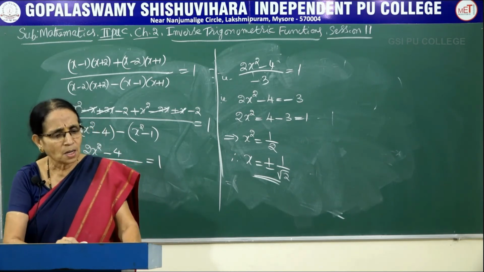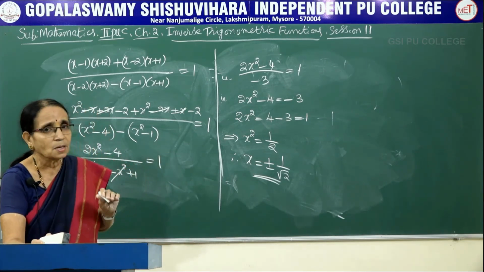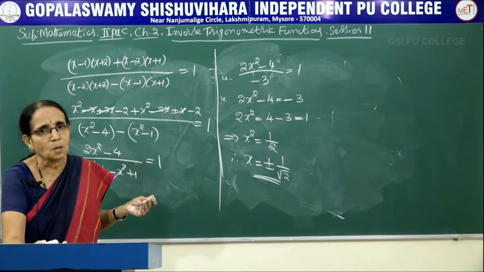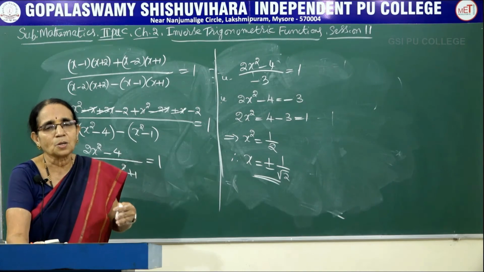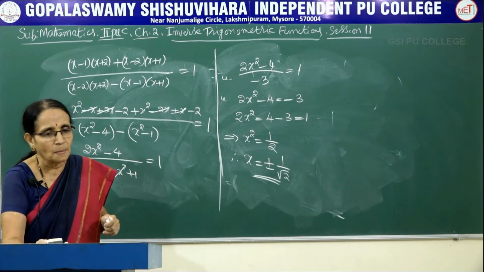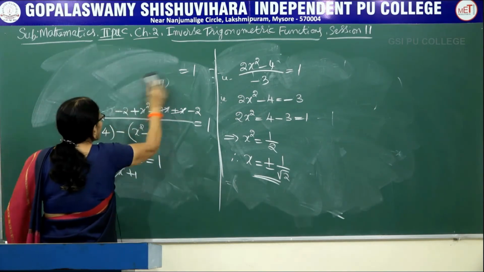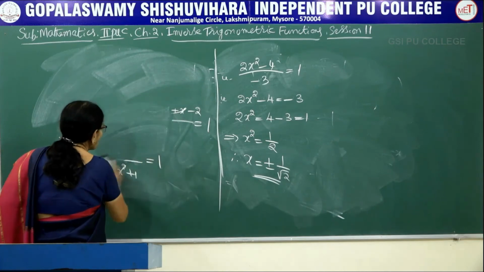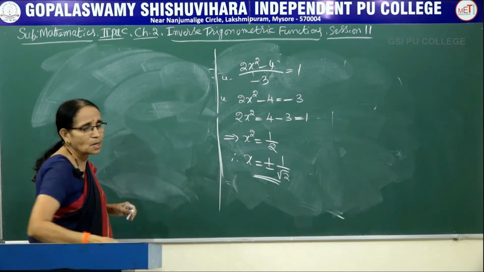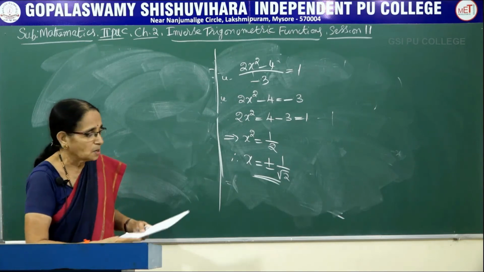In almost all these problems, we made use of the properties directly, be it the fourth property, second property, whatever the property, to simplify the function and arrive at the value of the unknown quantity. Now in the next problem, we are not directly using any property. We will rearrange the function, then try to get the value of the unknown quantity, because here I do not have any tan inverse function. It is given in terms of sine inverse.